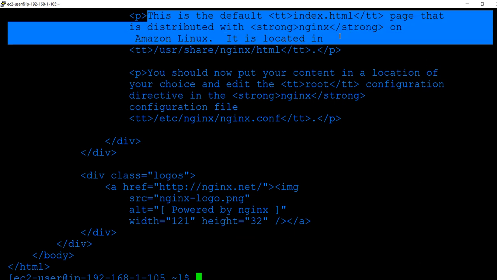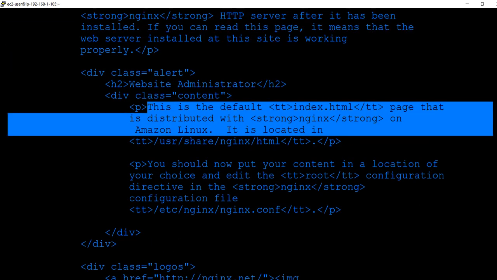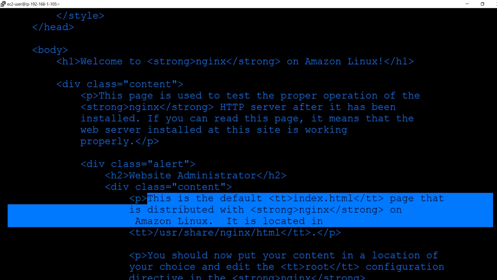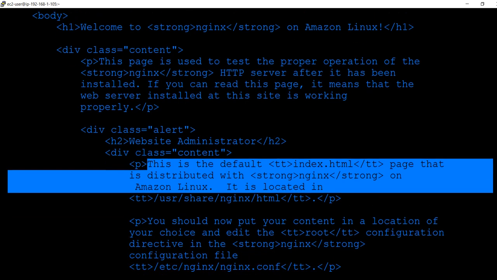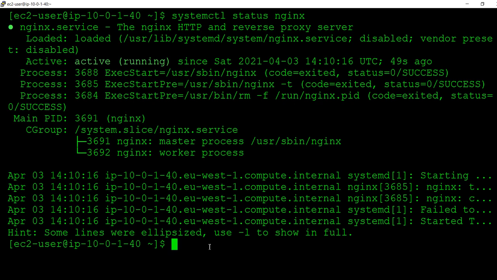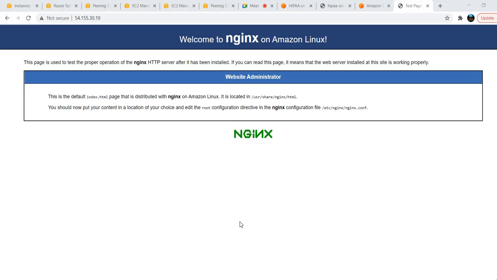See, this is the default page distributed by Linux. We are just getting the content of the particular website on this server. So this is also one type of data transfer. We are getting the data from another VPC to this VPC.